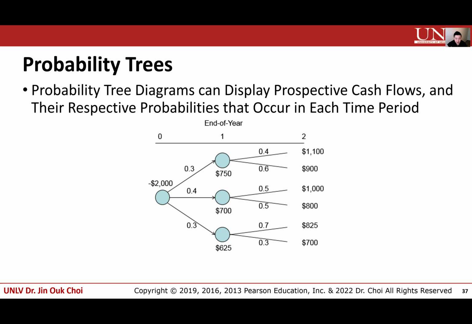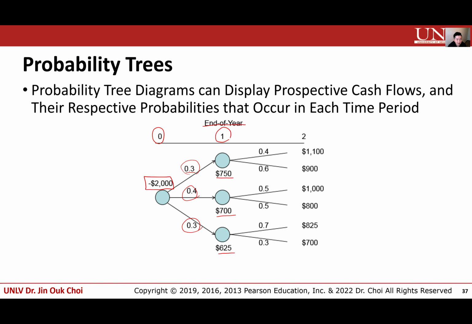So here you can see at the beginning of the year, or at year 0, there is an investment which is $20,000, and at year 1 there is a 0.3 or 30% chance that this project will give you $750, and there is a 40% chance that this project will generate $700 in year 1, and there is also the rest of the 30% chance that this project will generate